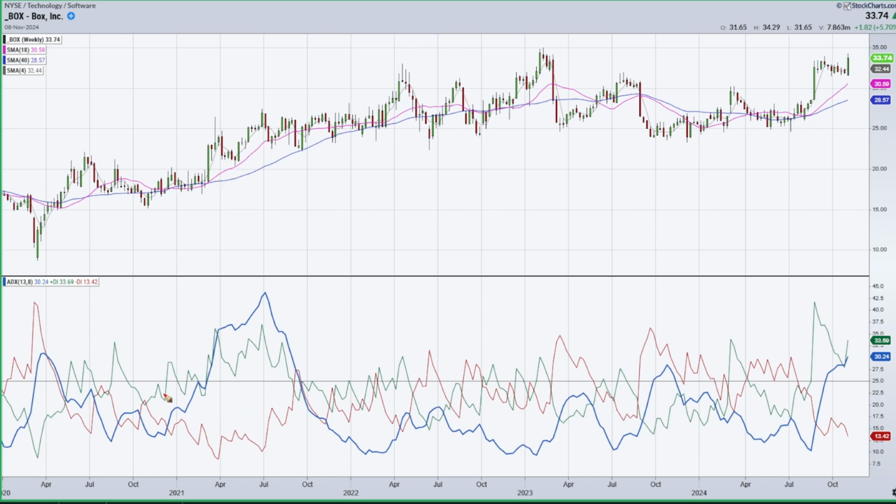Now, when green is making higher highs and higher lows and red is dropping and making lower highs and lower lows, the blue line is going to go up. And that's going to be based on the strength of the buyers. Now, if the red line is going up and the green line is dropping, the blue line is still going to rise. It's a non-directional indicator. It doesn't care which direction the market's going. It's only trying to identify whether there's strength in that direction. So it could rise based on the sellers being strong, or it could rise based on the buyers being strong. Most of the people who have been on this channel know that,